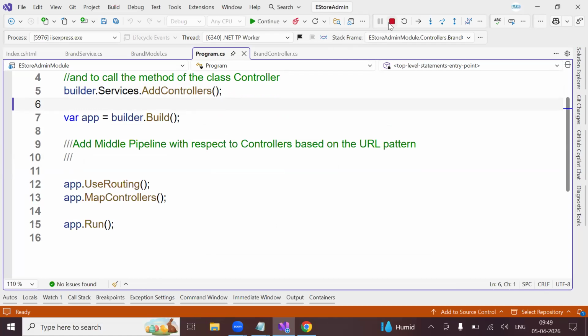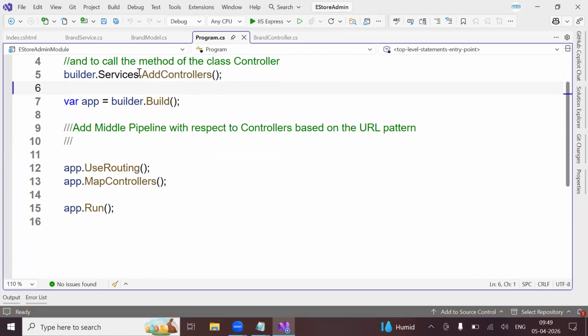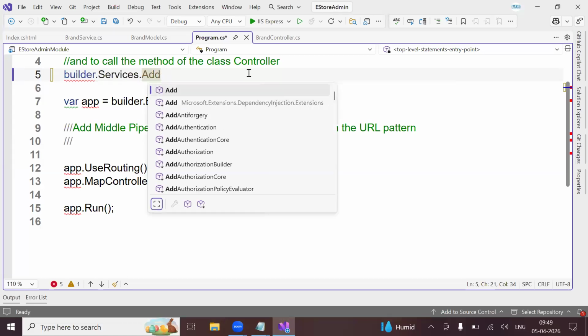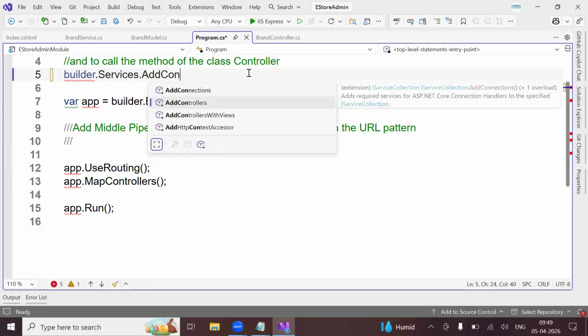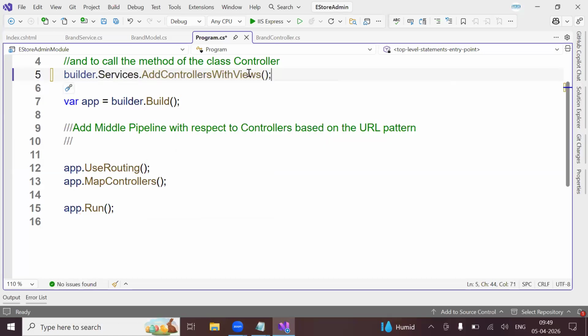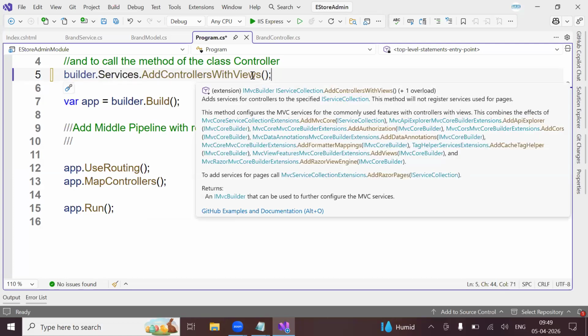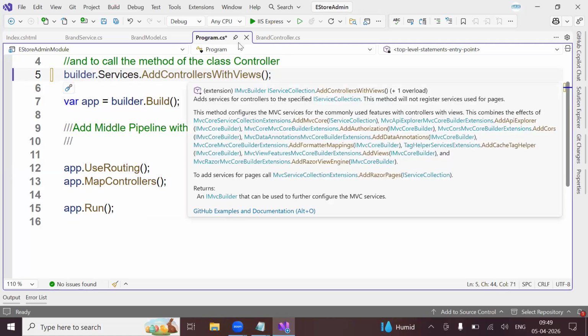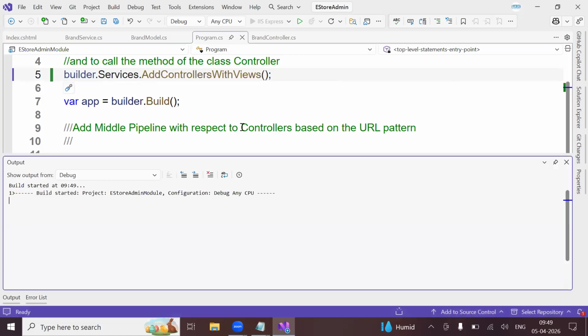So what you need to do here, you simply change this to AddControllersWithViews. Understand my point? So whatever controller you are having, it is going to collect the view class as well, and it will try to create an instance for that particular controller class. Now, if you see this,